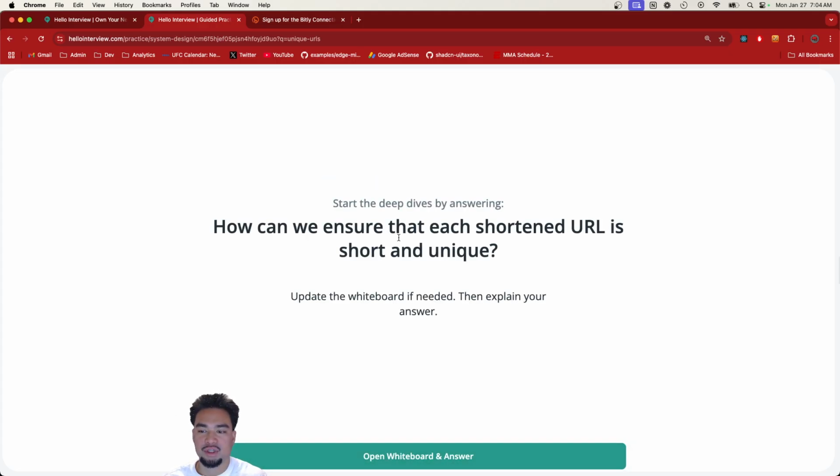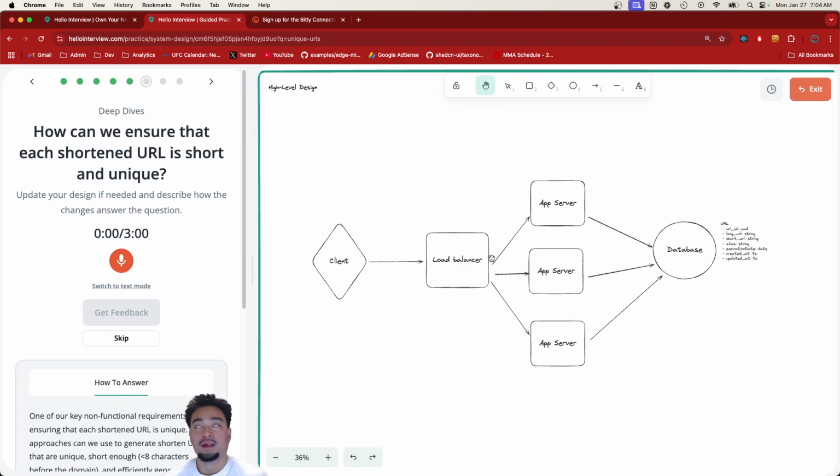How can we ensure that each shortened URL is short and unique? Update the whiteboard if necessary, then explain your answer. How can we ensure that each shortened URL is unique? Let's see. I mean, there's multiple ways to do that. I think one of the main ways that I'm thinking right now is